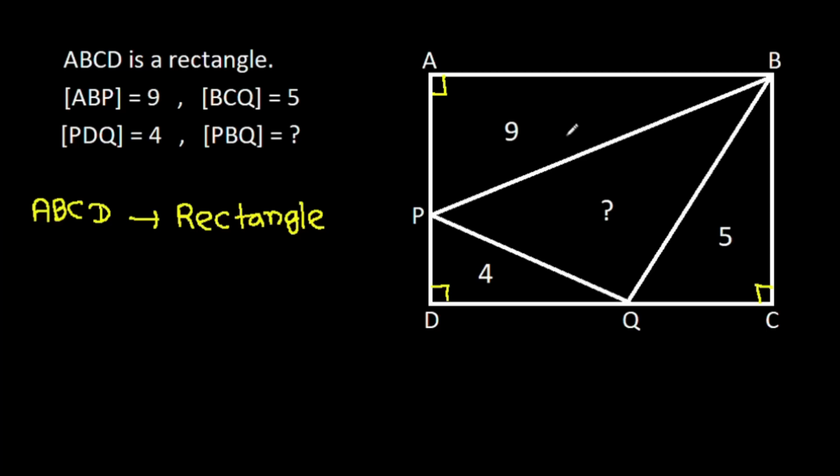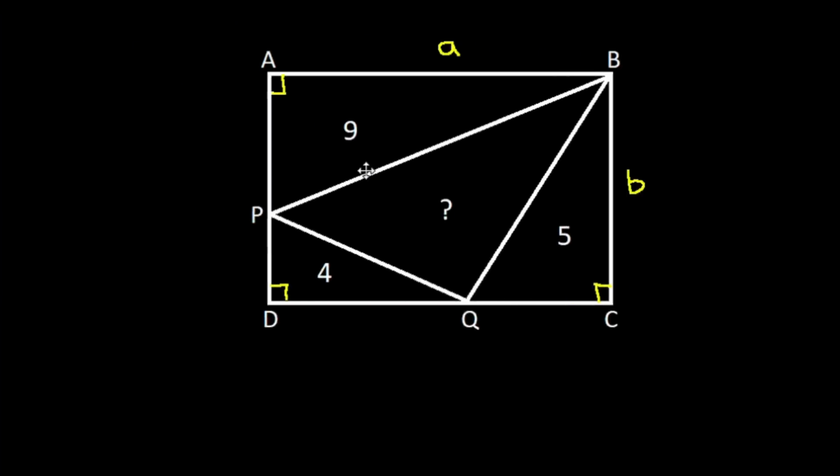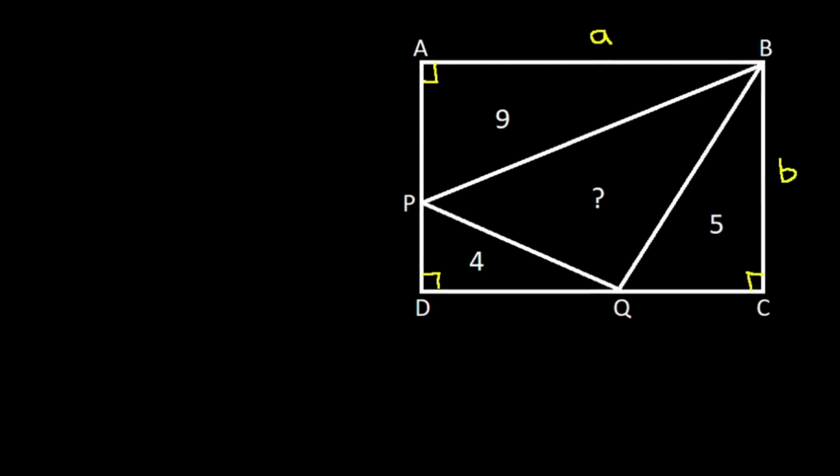And now suppose AB is A and BC is B, and now we have area of ABP is 9 and area of ABP will be 1/2 times base AB